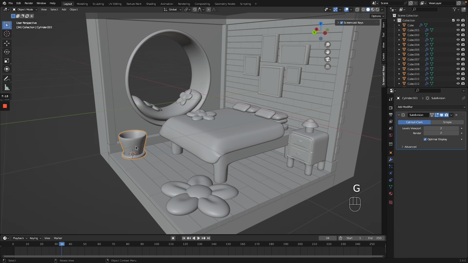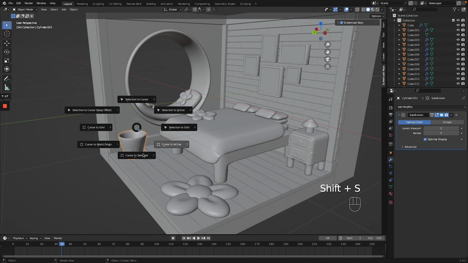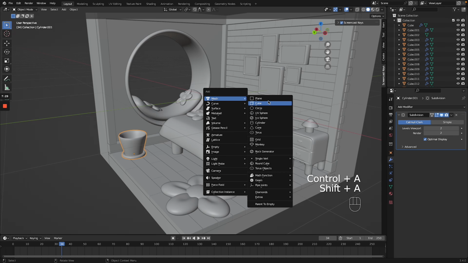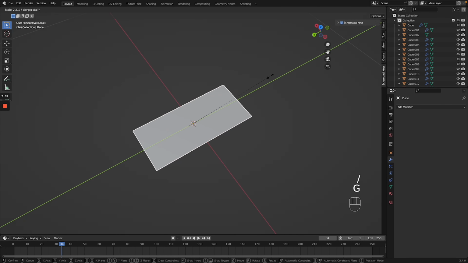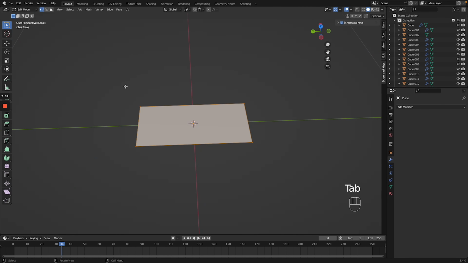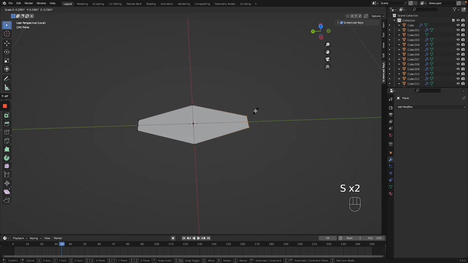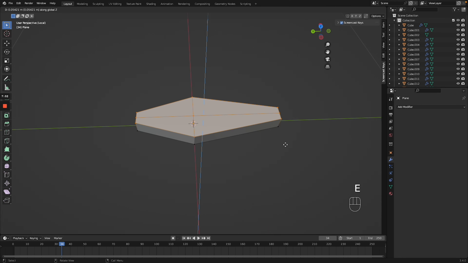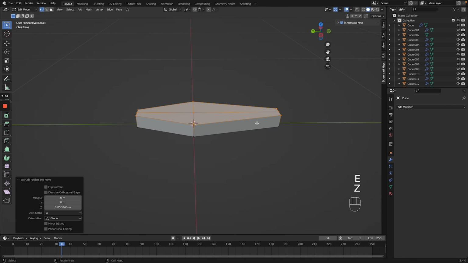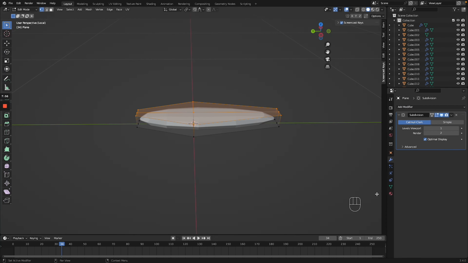Just like that. So I want to add in a plant. So I'll just put the cursor back in the center. And we're going to add in a plane. Scale that down, press slash, go to top mode. We scale it along the Y. We're going to edit mode. We're going to subdivide it. And we're just going to scale in these ones, scale in these ones. And we might even pull that one out just a little bit. Select all of them, extrude them up, just like this. I know it is awkwardly looking like a coffin, but now it is looking more like a leaf,